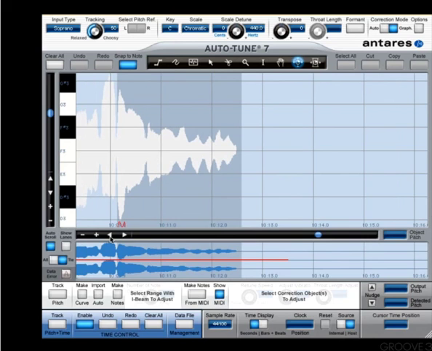As you may have picked up, it's a very position sensitive tool. So if I click and drag towards the end of the region here, I'm moving just the tail. And vice versa at the other side here, I'm moving just the front, or if you click somewhere in the middle, you can be moving just bits in the middle. So it's a very clever tool. So that's just a taste of the time manipulation in Auto-Tune 7, but please check the detailed videos on this